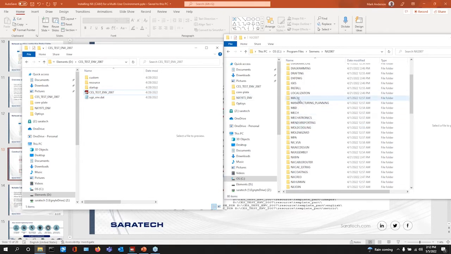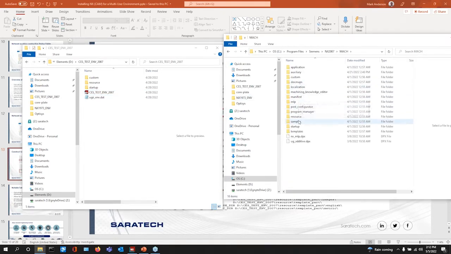I'd go into the mock folder. Here lies our resource folder. I would copy this into this file. Here's our startup folder. I would copy this into this file. And here's our custom folder. I would copy that into that file. So now that leaves us with the icon and the